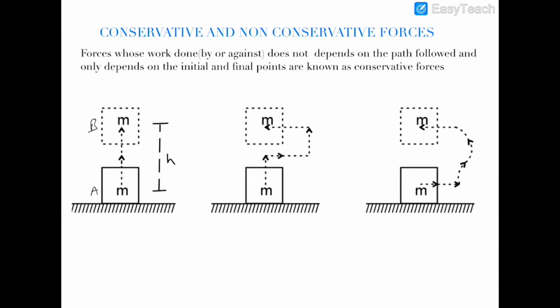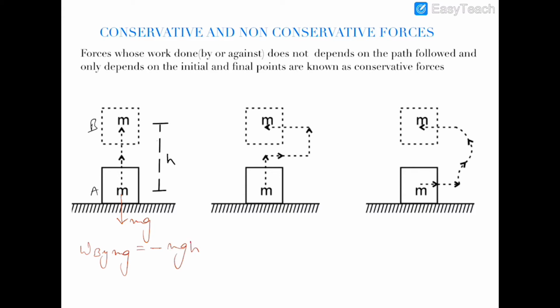If we analyze the direction of mg acting on the block, mg acts continuously in the downward direction, and hence the work done by mg will be negative, because we are taking the block in the upward direction. Hence the work done will be minus